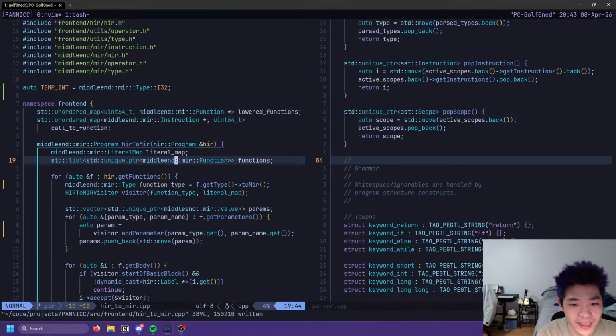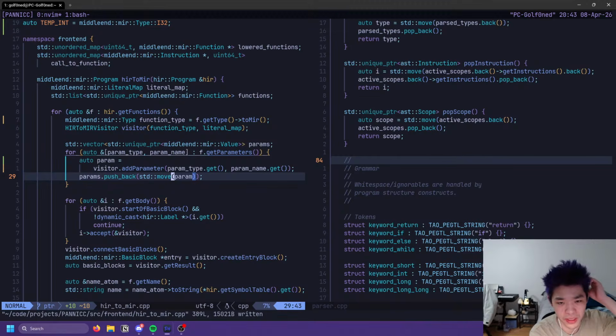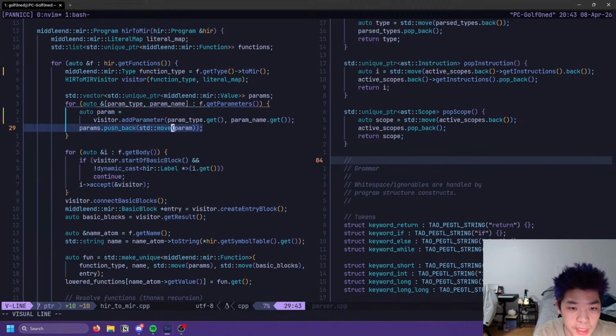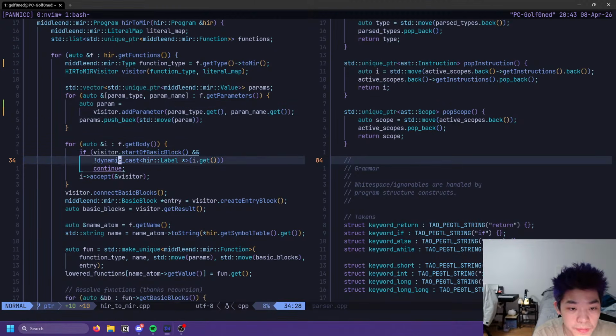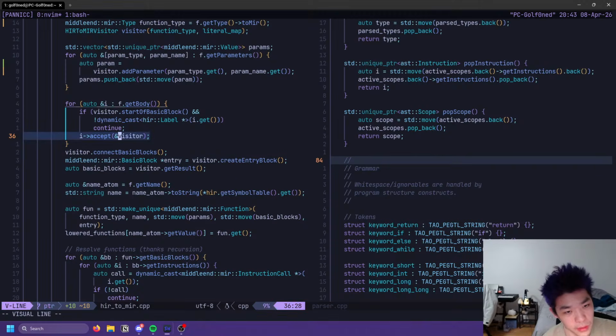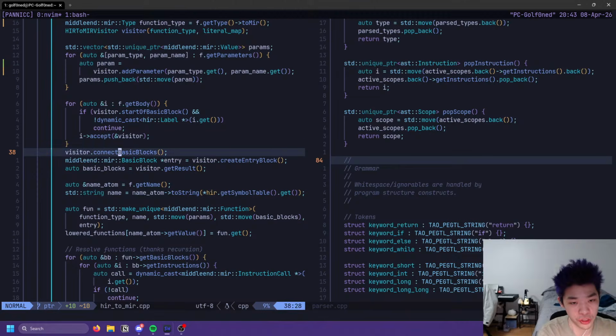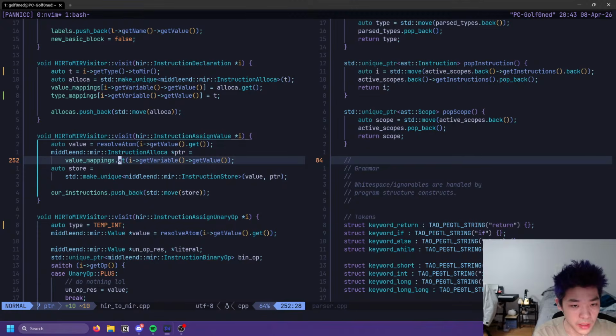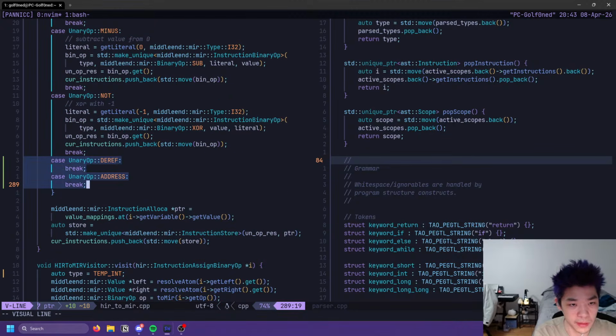Okay, maybe I should just comb through this a little bit more closely to figure out where I need to add types. I don't think I need to do anything for the functions specifically. Yeah, because we just get a type and we just do a thing. We did need to handle the params. Luckily. Yeah, and then from here it's just the usual visitor stuff. We don't need to do any additional type stuff at the back here, I think. There is the other issue of figuring out what I need to do for these two, but I will worry about generating code for that later.